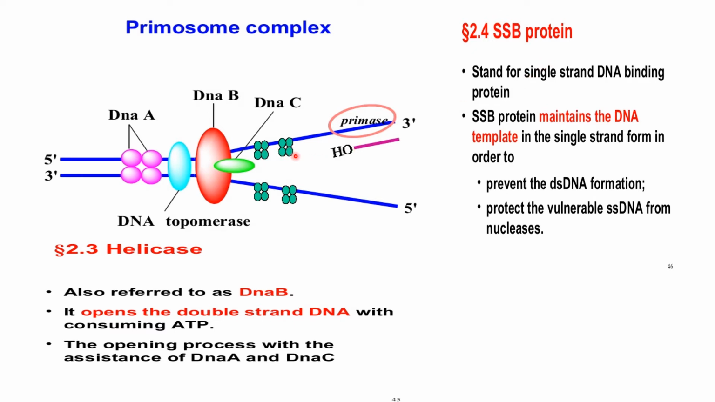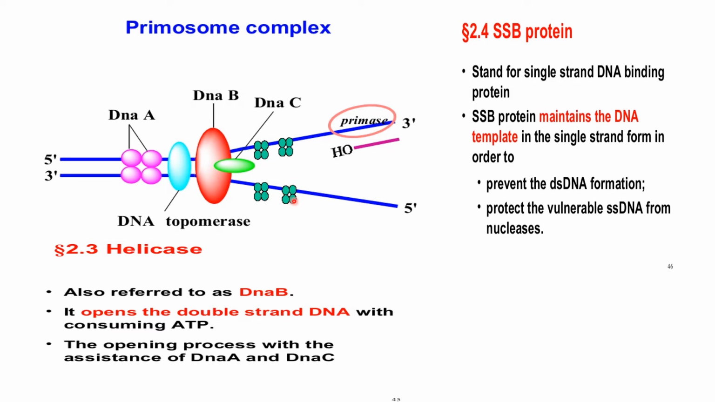They are in the tetrameric form and they take part in the replisome complex. What are the main functions of single-stranded binding protein? It maintains the single-stranded DNA template and prevents double-stranded DNA formation. It also protects the vulnerable single-stranded DNA from nucleases. Those nucleases, which can digest single or double stranded DNA, are prevented by these